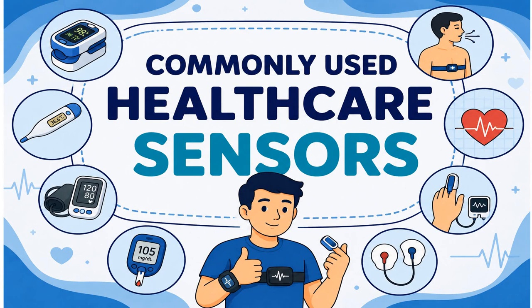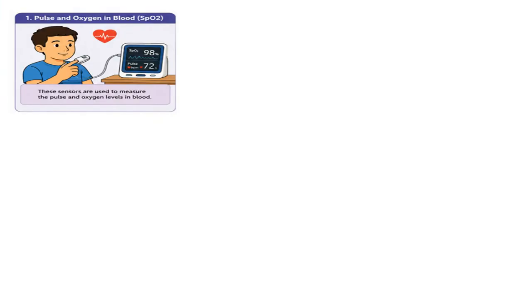So here, the first sensor which is used is the pulse and oxygen in blood sensor, that is the SpO₂ sensor. This sensor is used to measure a person's heart rate and oxygen saturation level in the blood, and oxygen saturation indicates how effectively oxygen is being transported to the different parts of